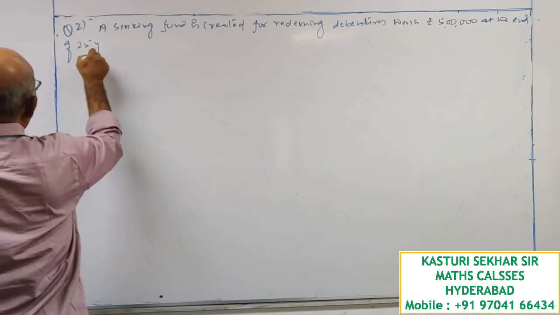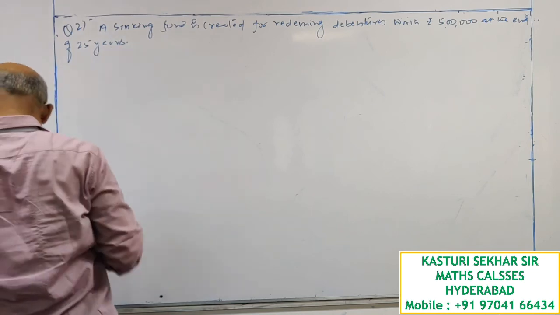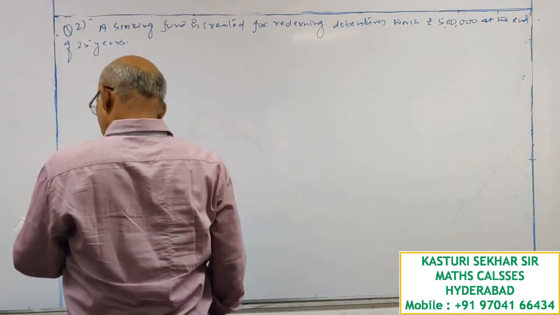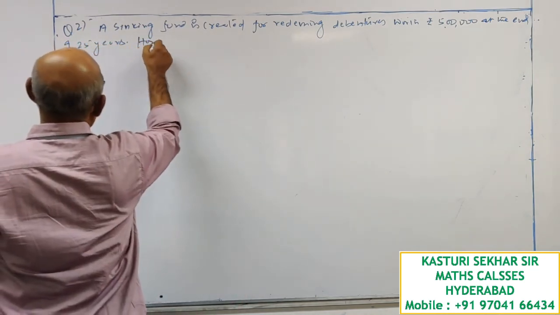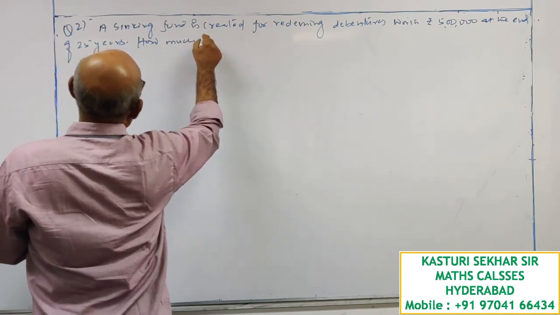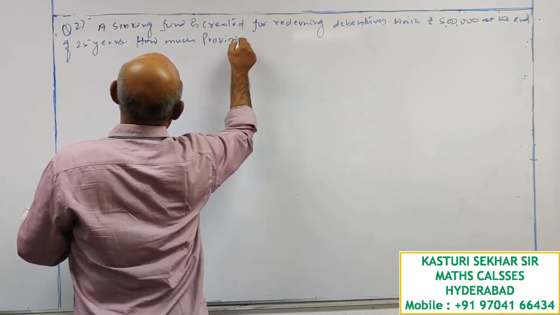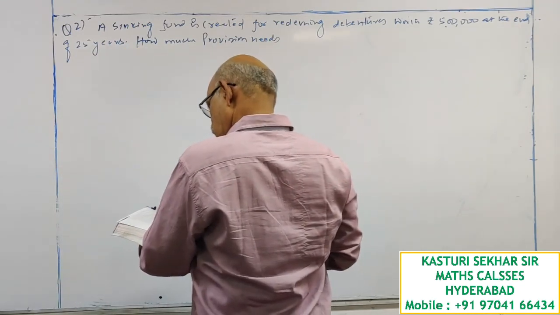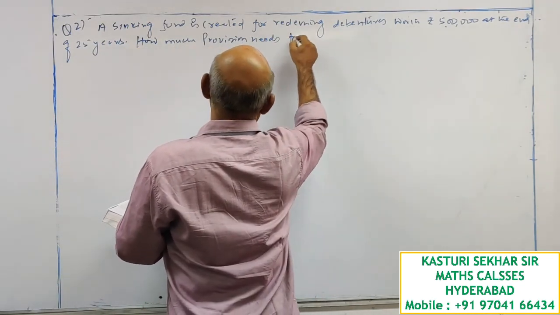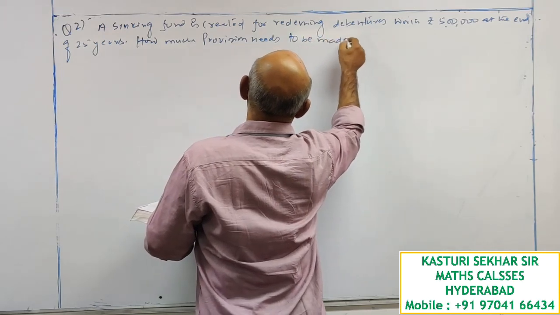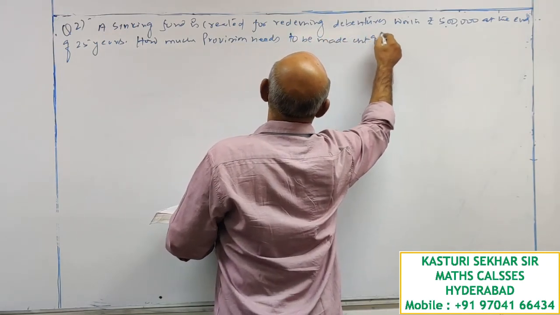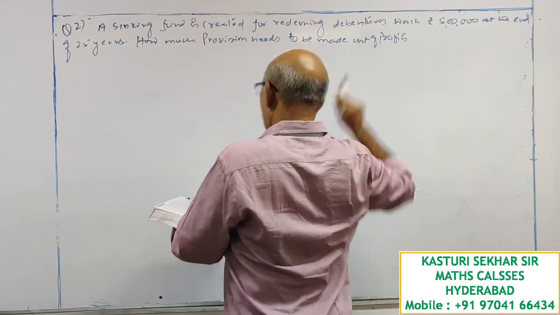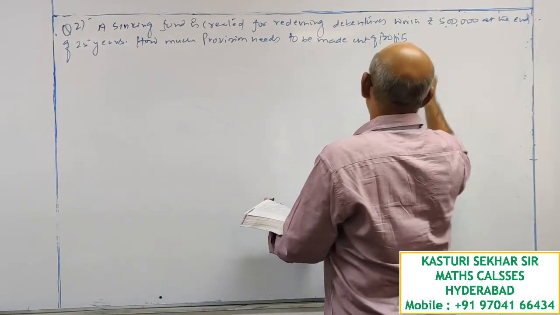At the end of 25 years, how much provision needs to be made out of profits each year,